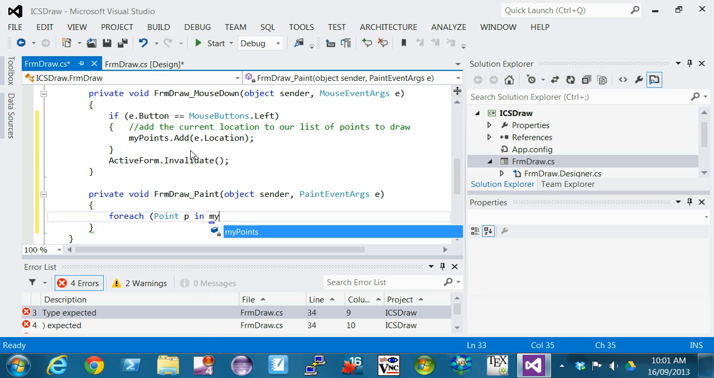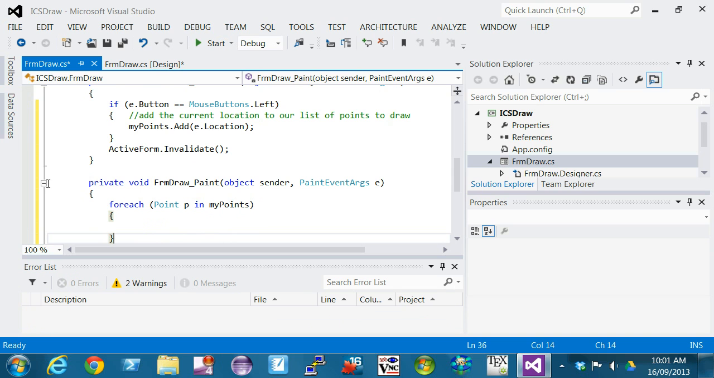in myPoints. So within this loop, the first time it goes through, p will refer to the first element of the list. Second time it goes through, it'll refer to the second element, and so we just refer to the item p within this loop, and that is going to give us access to that element. So it's the current element in the iteration. So we can just say